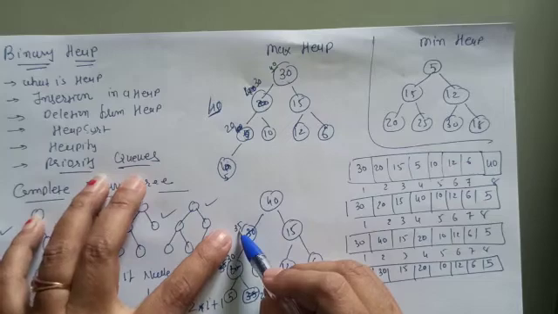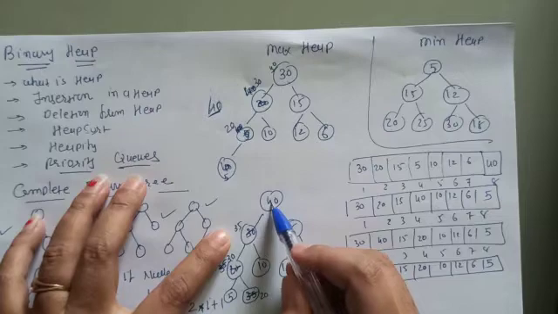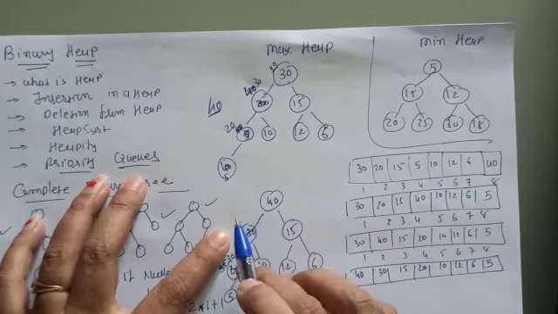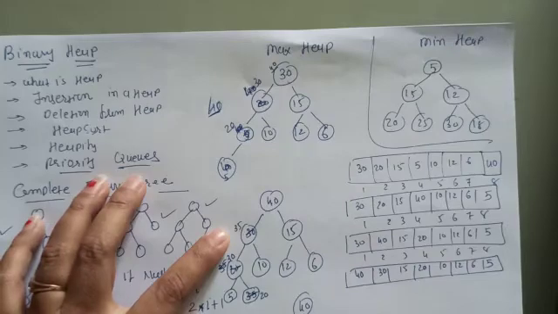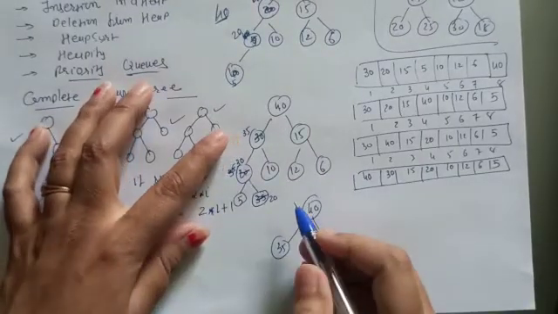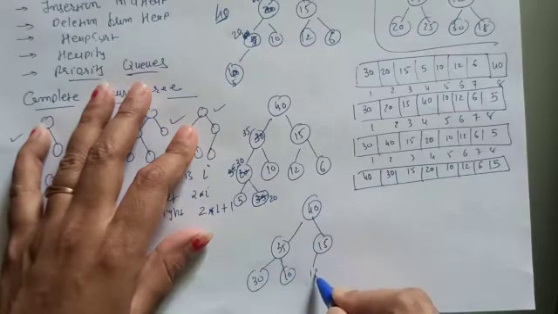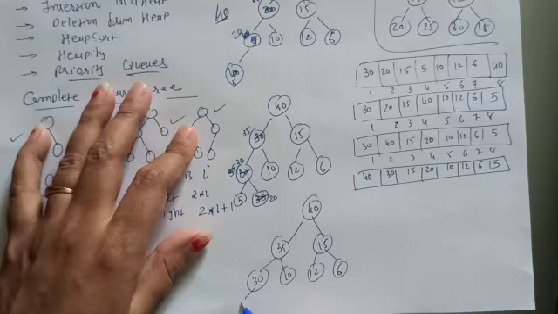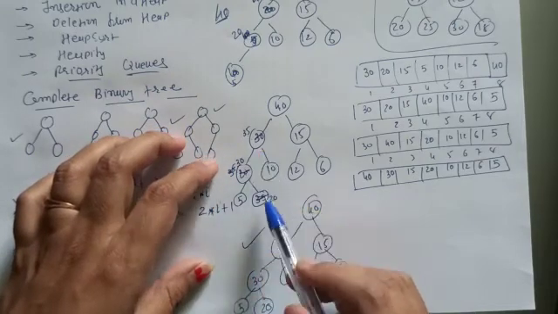Again this process would be repeated until this condition becomes false. 35 is compared with 40, and as 40 is not smaller than 35, 35 remains set here. So the final heap tree is 35, here 15, 30, 40, 35, 15, here 30, 10, 12 and 6, and here 5 and 20. So this is the heap tree after insertion of